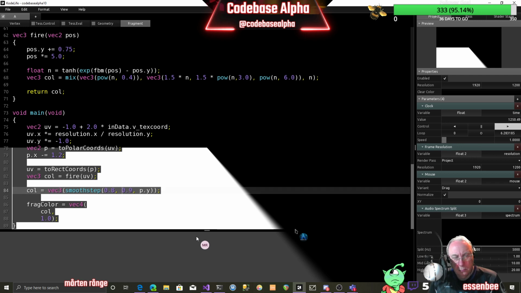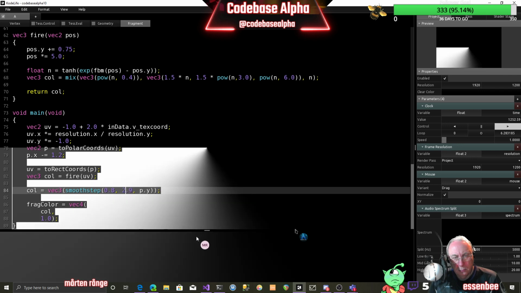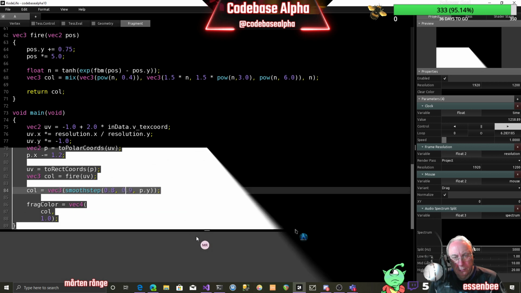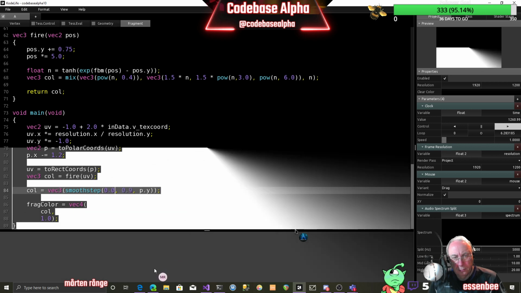As usual, some randomization here. Ooh. The thing that is surprising me is I wanted to move this part of it, but when I changed both of these things, they moved in the same way. So I thought